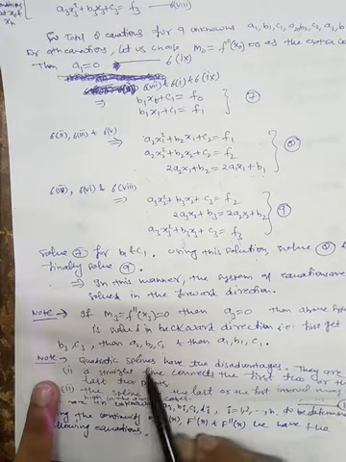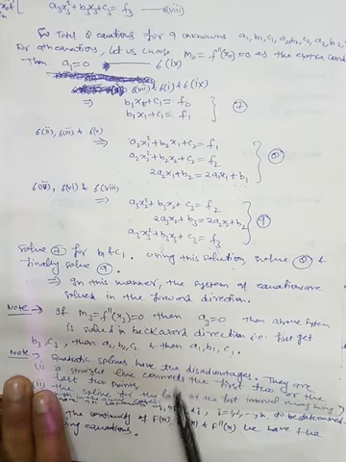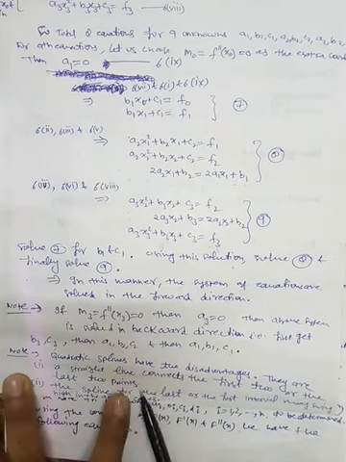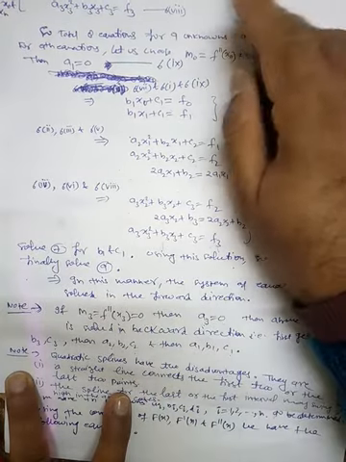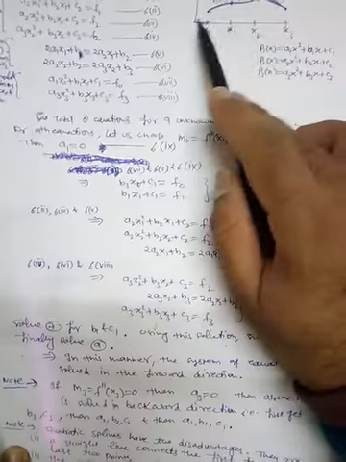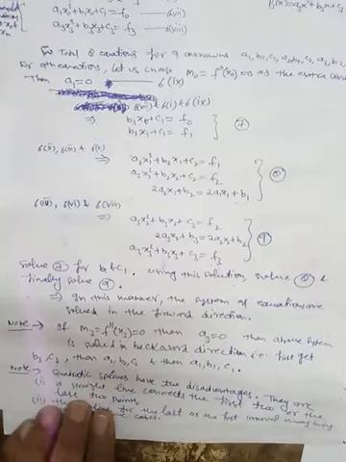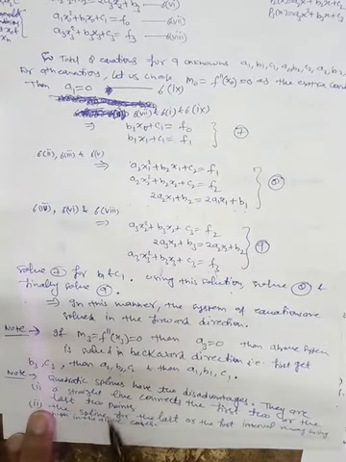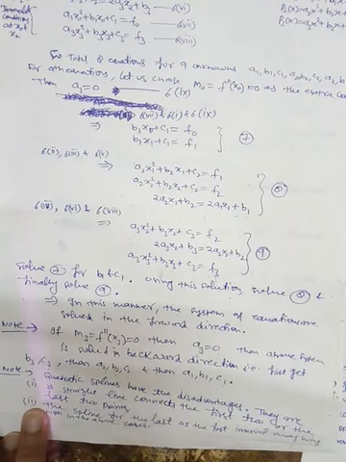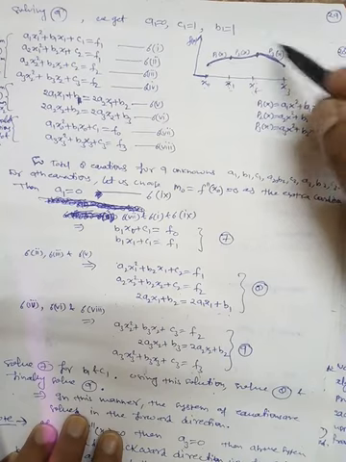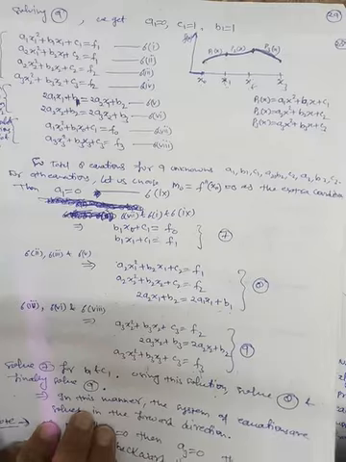The second note point is that quadratic splines have two disadvantages. Number one, a straight line connects the first two or last two points. That means due to this condition or this condition, either here or here we have a straight line. This is the drawback. Second, the spline for the last or the first interval may swing high in the above cases. Swing means they are free. Because they are free, they may swing high, either here or here. This is the drawback.